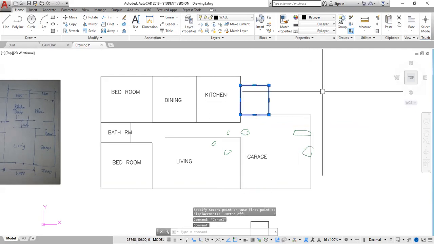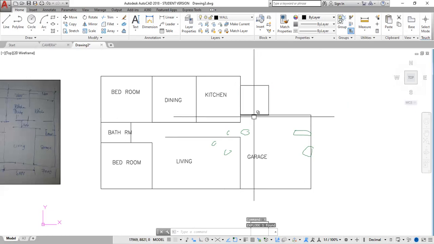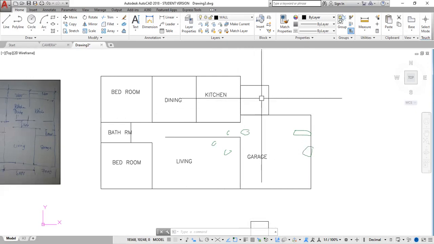You could type X to explode it, then enter. So you have separate lines. Now you can go ahead and determine where you want your doors to be. You will probably want a door, could put a door right here, a door right here,